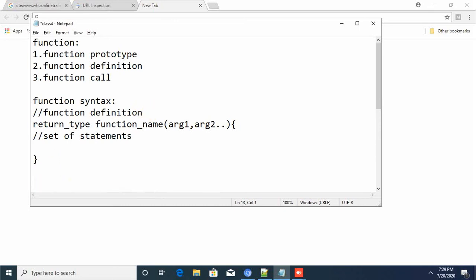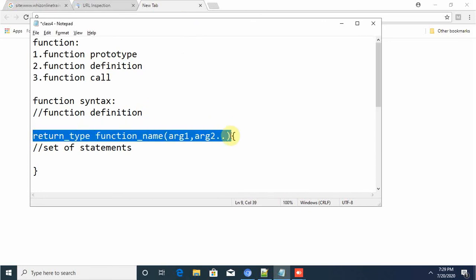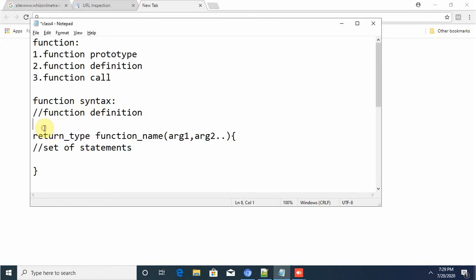And this function prototype, I told you, the first one. The first one will be like this, the same, with a semicolon. For the arguments, we need to specify the data type, that I'll tell you in the program. For arguments 1, 2 and so on, we need to give a data type, whether it is an integer data type or floating point data type.